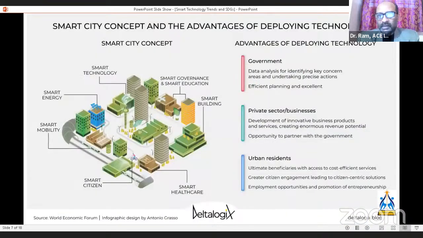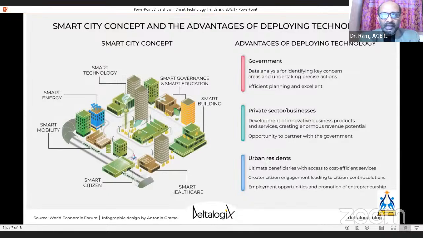The smart city concept and the advantages of developing and deploying technology in society. There are so many advantages when we deploy the technology. In the government sectors, they have to raise policies and implement legal guidelines, which are very useful for us to adapt to modern trends. Smart healthcare system, smart citizens, and their data sources aligned with government activities, making them able to go online for any application or registration or any services they want to procure from the government side.